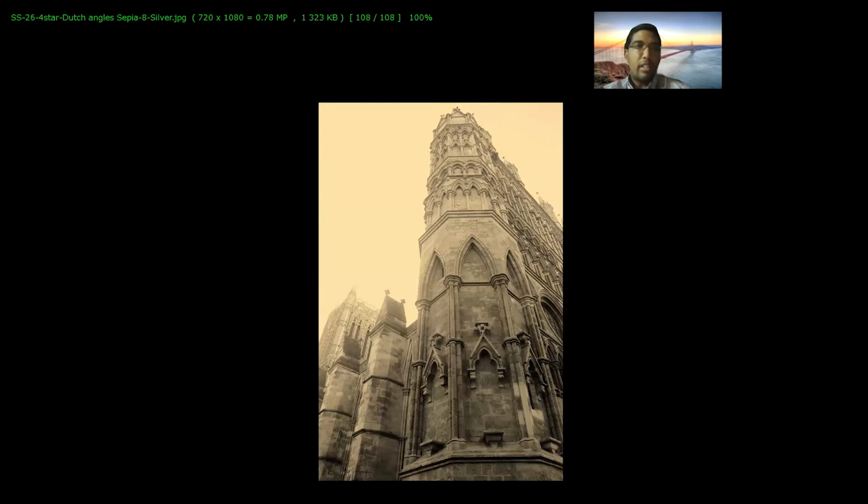4-star, Dutch Angle Sepia, Silver. So interesting that I get to comment on this. I did discuss the Gothic church or building earlier, and this one certainly does better in as much as one can see the whole of the building from the bottom to the top. However, the lighting on it, in my opinion, lets this down a little bit. I can see that the author attempted to do a sepia tone,